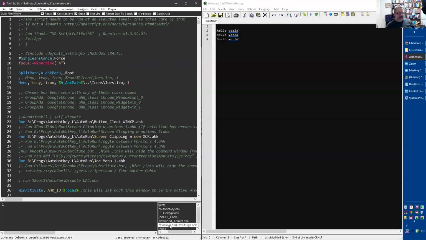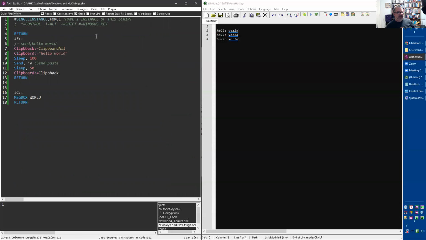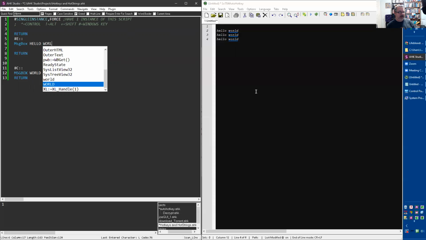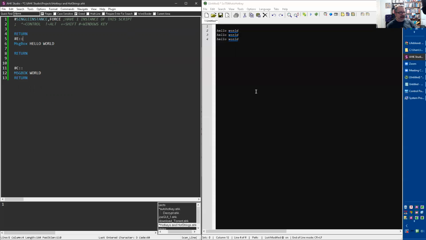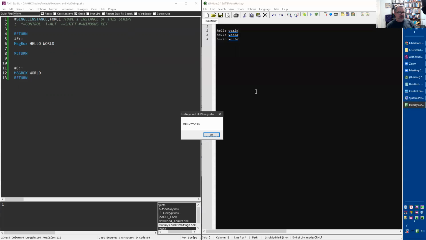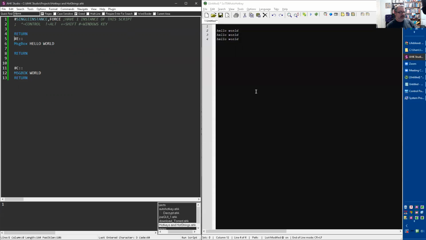I was going to say, you can also have it pass through, so it doesn't actually absorb the key. Let's go back to here. That caps lock is going to drive me nuts. Whatever. All right, Hello world. So right now, if I save this, relaunch it, and hit Windows E, it's going to do what we think, right? Hello world. But I believe if I come in here and put the tilde, and I relaunch this, now when I hit Windows E,